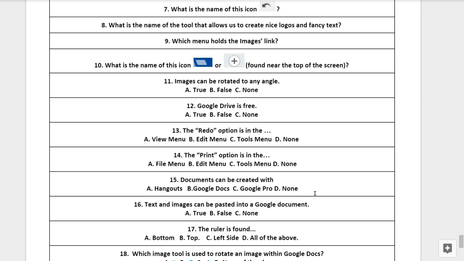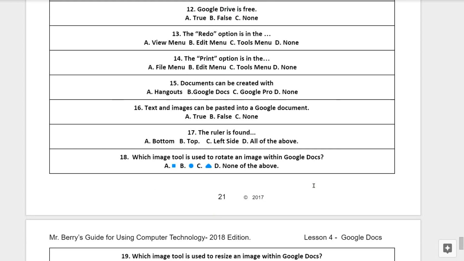Is it within the A, file menu, B, the edit menu, C, the tools menu, or D, none of the above? Question number 15. Documents can be created with what? Is it A, Hangouts, B, the Google Docs, C, the Google Pro, or D, none of the above?